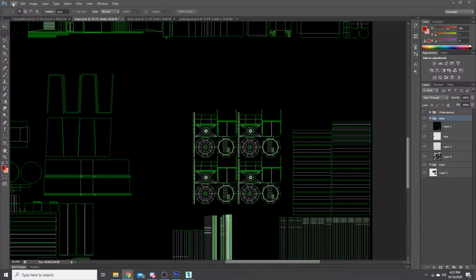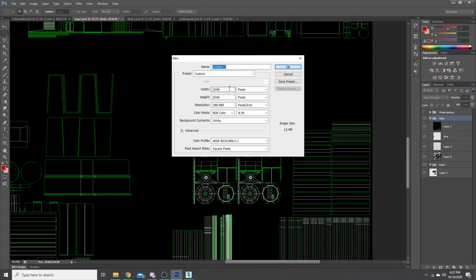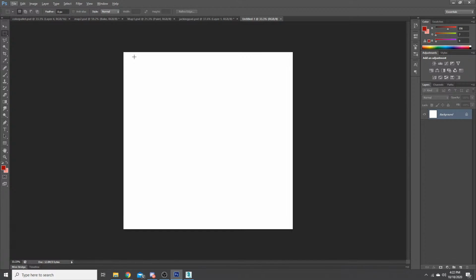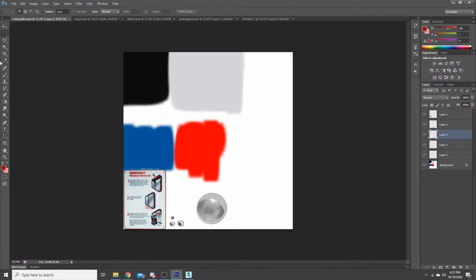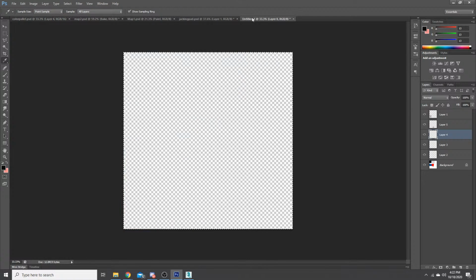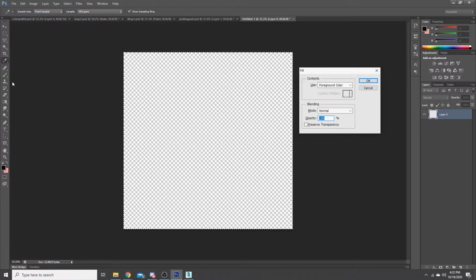First of all, I'm gonna do a new 2048 by 2048. I'm gonna unlock this, and we'll give it a transparent background. And then we'll go to my color palette here, and I'll set this as the background.